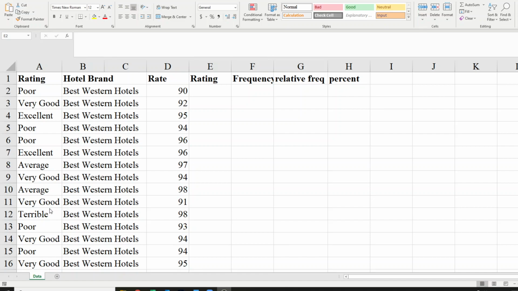So in this video, we are going to look at how we generate the frequency distribution for categorical data. Here we are working on the first column called rating. What we want to do is create a frequency distribution for rating. The first thing you need to do is figure out how many unique classes we have for